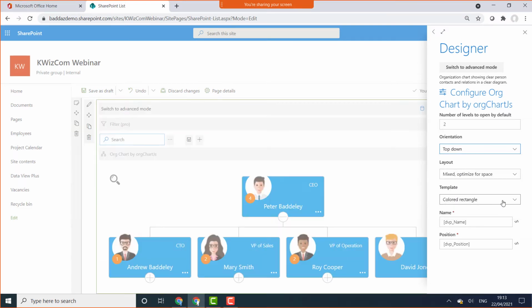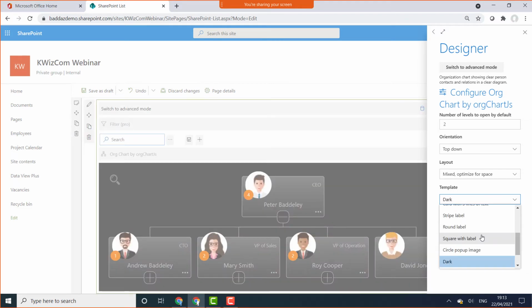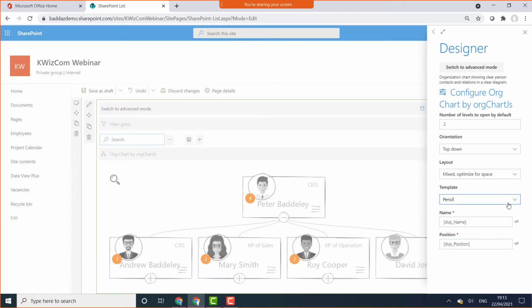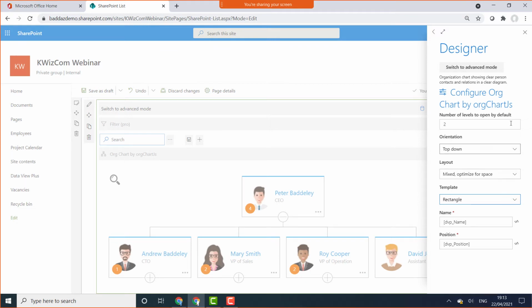I also do have a number of styles available to me. So maybe I want to choose the dark style or pencil. So I have a range of templates available to me. I'm going to choose the rectangle, I think. Yeah, that looks great. Notice also I can define the column values which are displayed, so the name and also